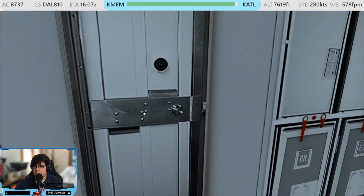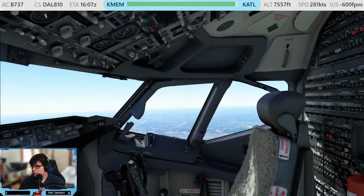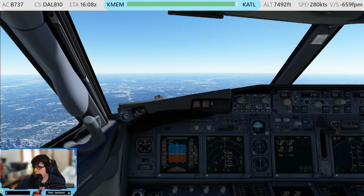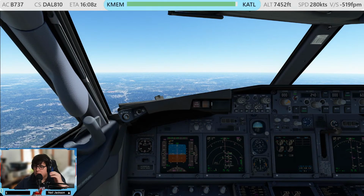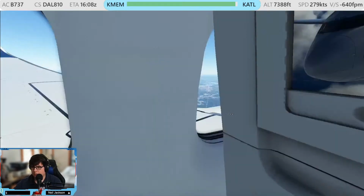Alright, so we're going to head back to the front here. Alright, so we need to start planning our descent here, or getting ourselves dirty. So, we're going to pop this in. We do have aircraft off to our right and our left. We got the city, I think, beneath us right now. So actually going to...